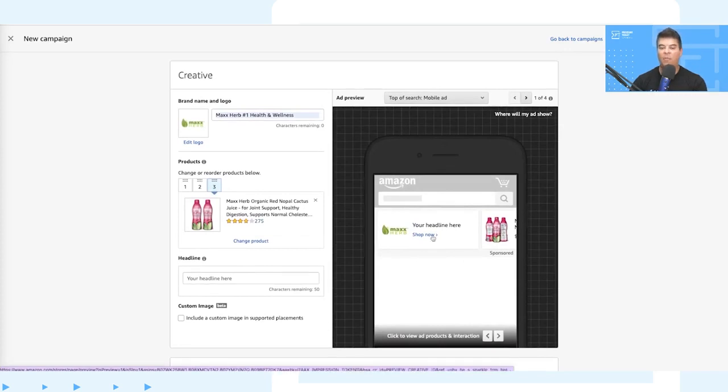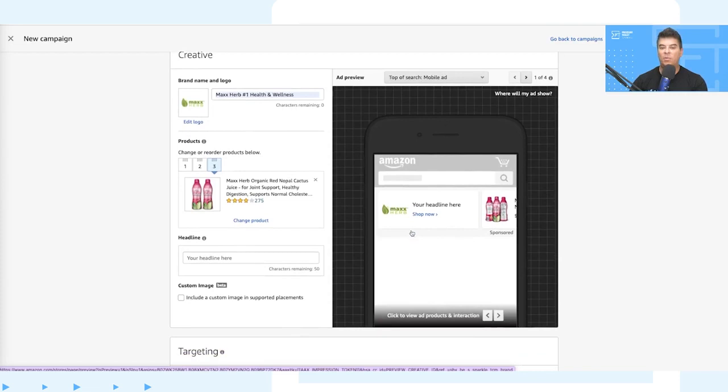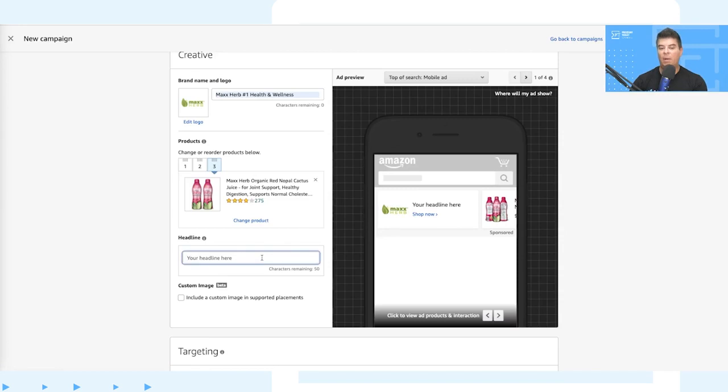Now we do want to do the headline here, which is a little bit different than the brand name and logo. The brand name and logo is going to go either on top of it or below it. And the headline is kind of what we want to say about this particular product. So I went ahead and saved, and I hope this does actually fit in here. If it doesn't, we're going to have to work a little bit. So yeah, nopal cactus antioxidant superfruit juice. It's exactly what it is. You can see I've got 8 characters left, but this is pretty much what I want to say about this